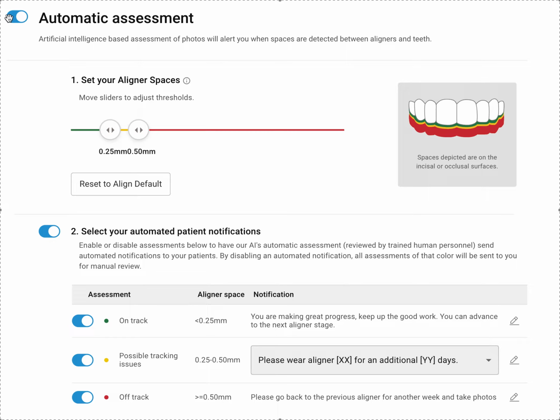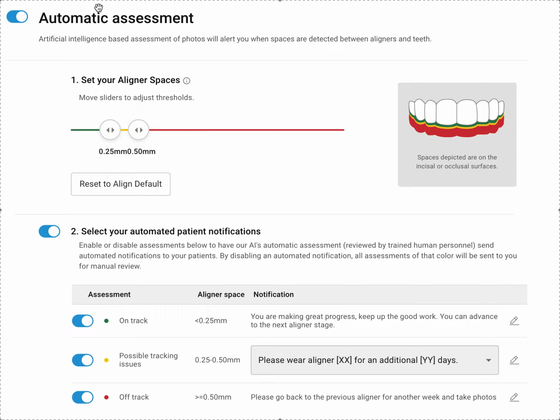So this is the automatic assessment. It looks like you can turn off the automatic assessment, which is what I think we've done in our office. At this moment, we do not have automatic assessment on because we signed up before this even came out. So I think we're on the legacy plan, where we just get photos and we tell them what to do. It's not a big deal. We also just, like I said, don't have a ton of volume. If you have more volume, or if you just want to geek out on this,